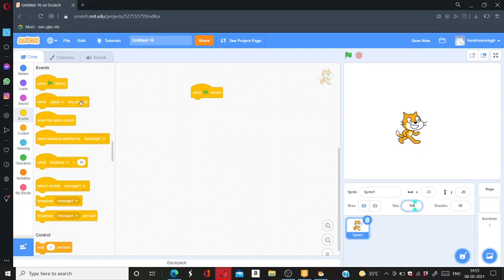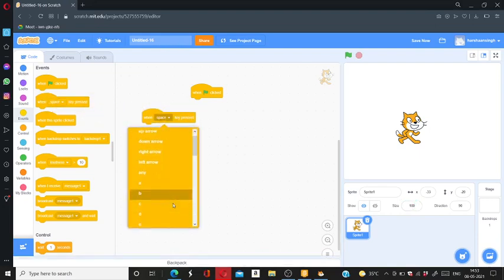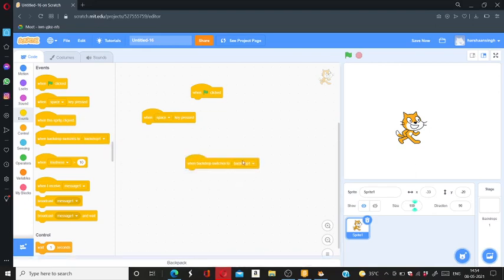So the next thing is when key space pressed. It will start when we press space. We can change it to any key. See, any key. And the next is when backdrop switches to backdrop. Okay, so the backdrops are the backgrounds. So if backdrop is equal to the next backdrop, then the code will start.